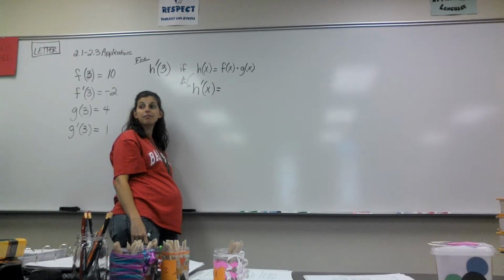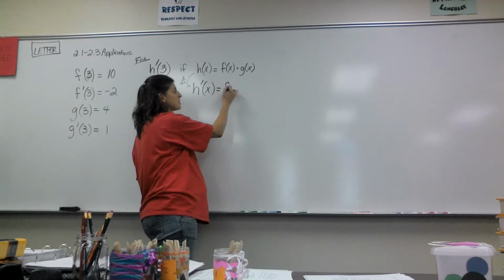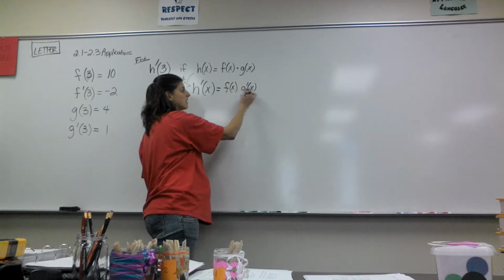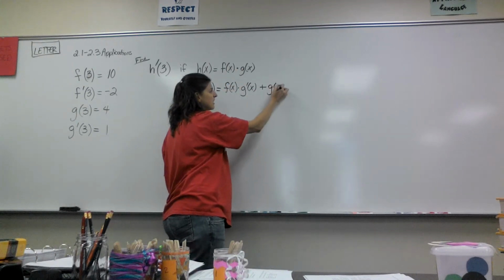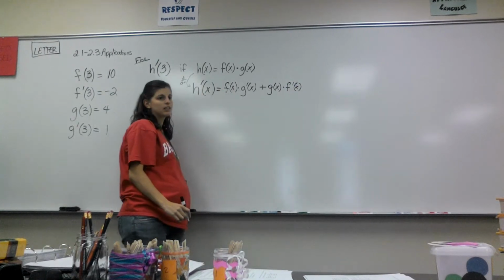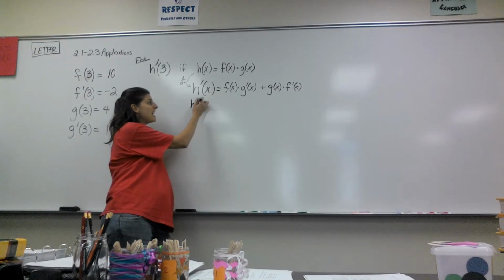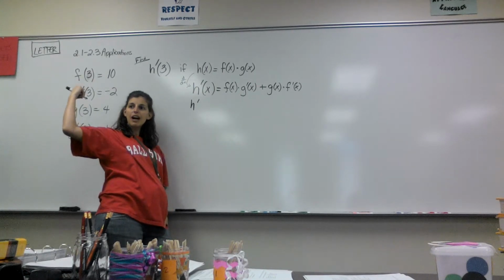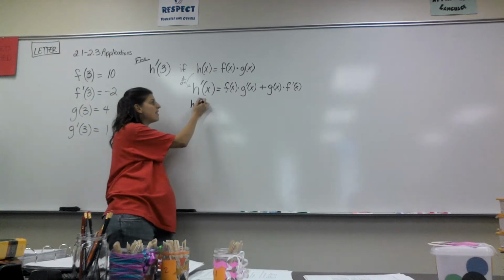Take the first one times the derivative of the second. Thank you. Product rule. So you're going to do the first one times the derivative of the second one. So f of x times g prime of x plus g of x times f prime of x. Now I need to find h prime. I can't really do anything with that because I don't know what f prime, f, g, and g prime are,